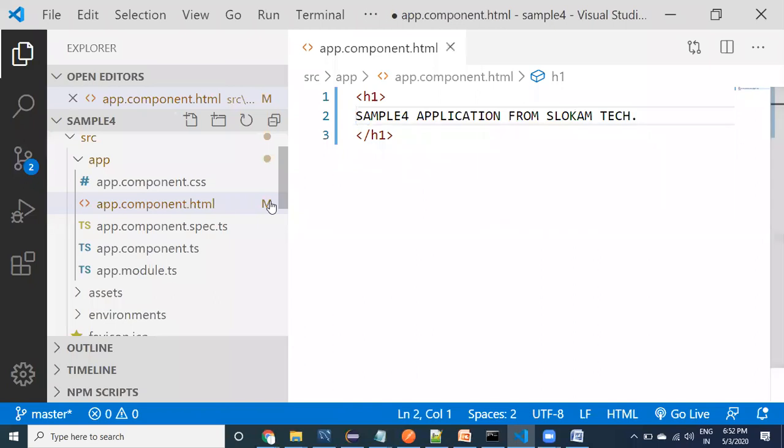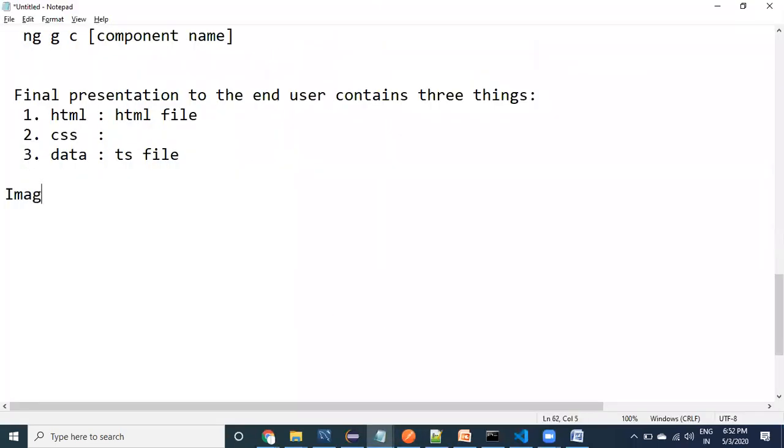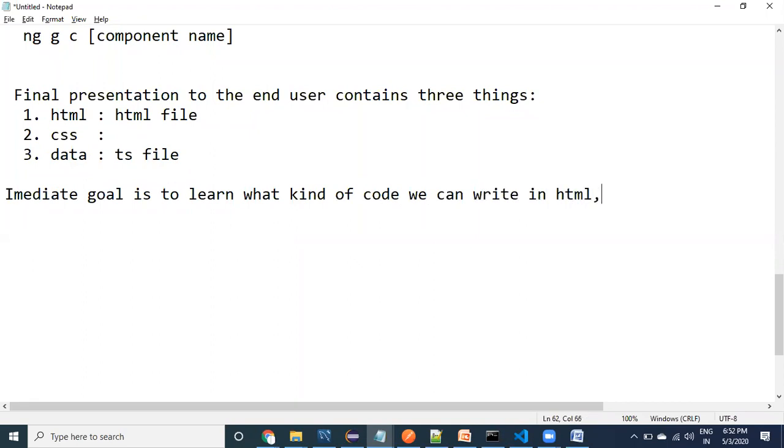What kind of code can we write in HTML? Our immediate goal is to learn what kind of code we can write in the HTML, CSS, and TypeScript component class.